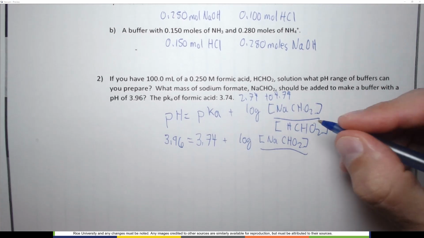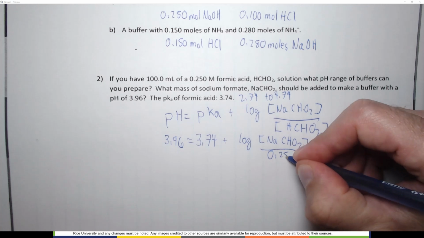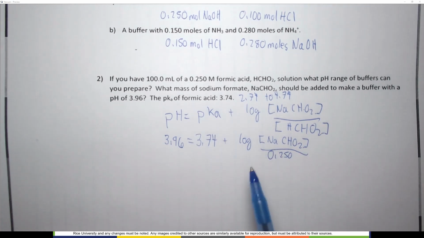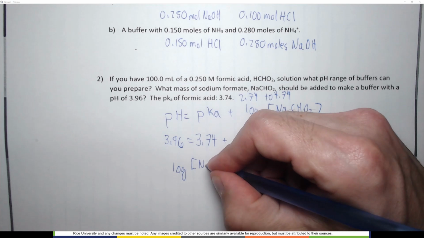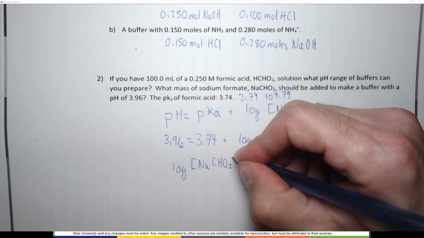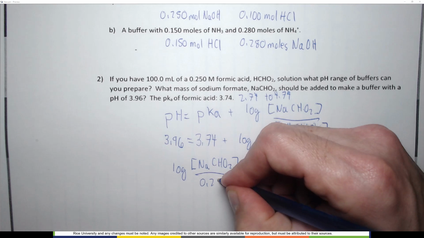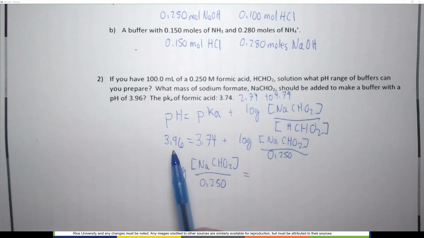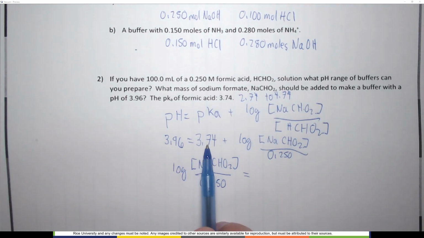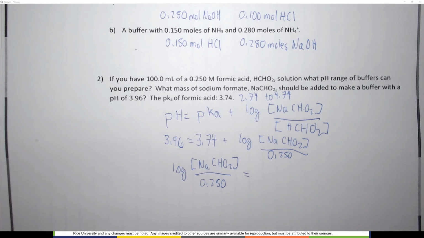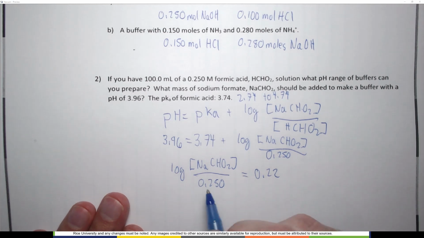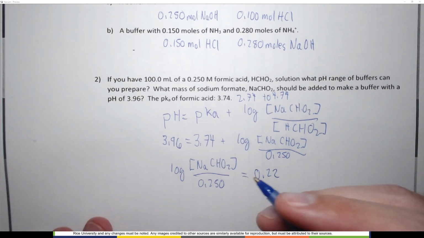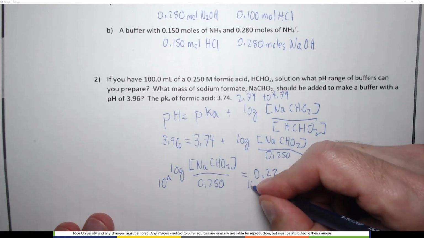concentration of NaCHO2 is the variable over 0.250 molar. All right, so in order to do this, we need to subtract that out. So I'm going to move the log over: log of the concentration of NaCHO2 over 0.250 equals 3.96 minus 3.74, which is equal to 0.22. Now I take the inverse log,